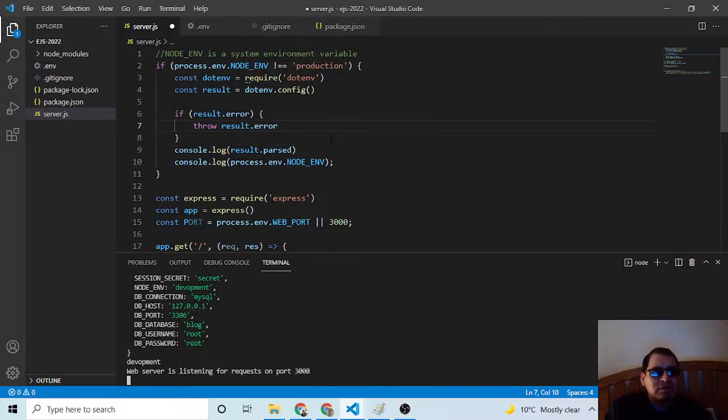Results.parse. Okay, let me just check this bit. If my system environment variable is different from production, which is not, it's in development already, not defined, then I can